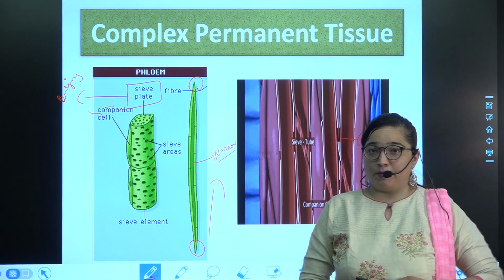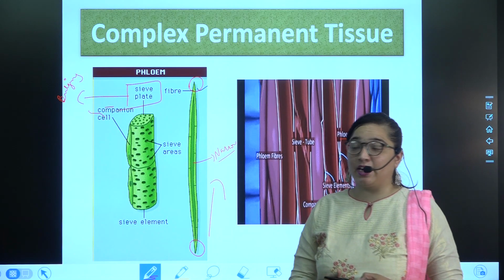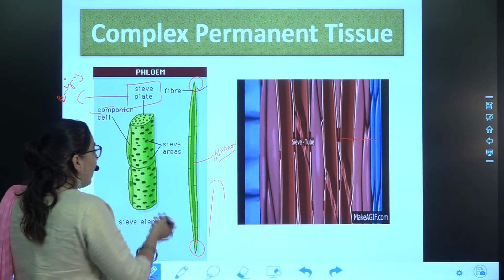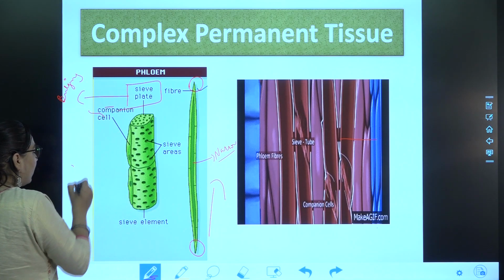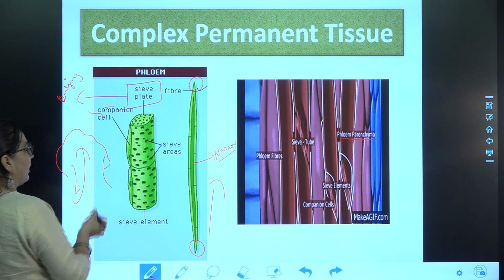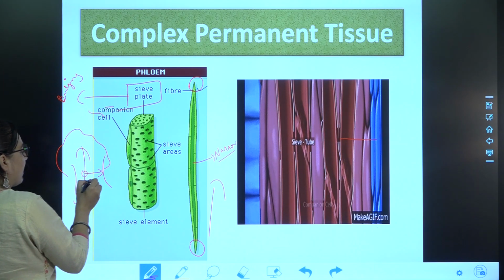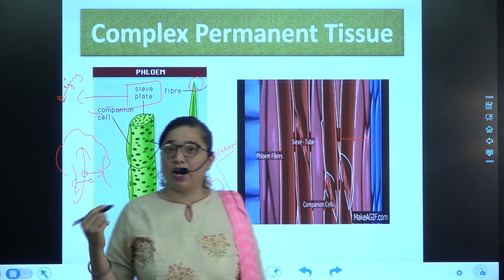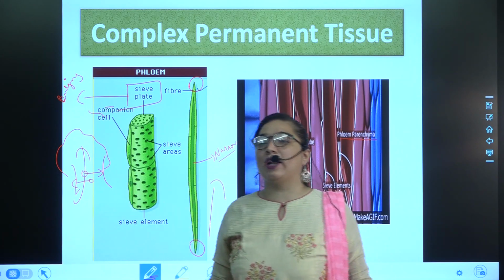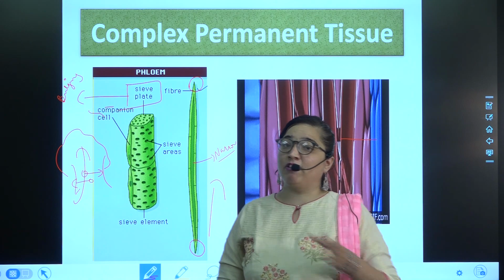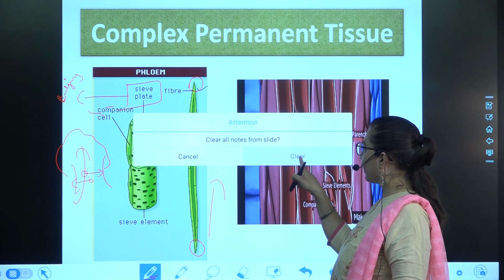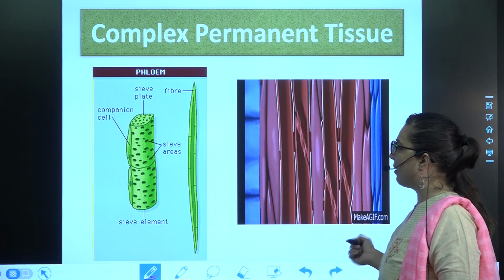What is the work of phloem parenchyma? It helps in the lateral conduction. Now, what is the meaning of the word lateral conduction? Whenever we talk about the movement of food, it is not always going upward only. Food is also going in the sidewards direction. It can go on one side or the other side. It depends. So when the movement is like this, it is called lateral conduction. For the lateral conduction of these solids, it is phloem which is helpful. Okay, so this is about the phloem.